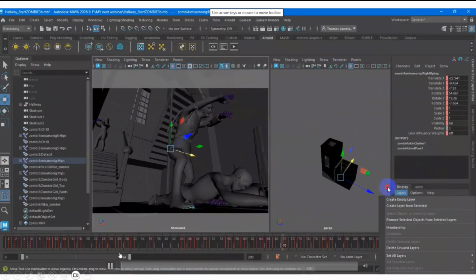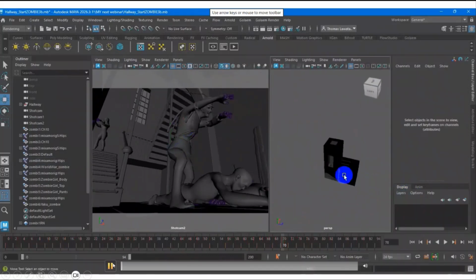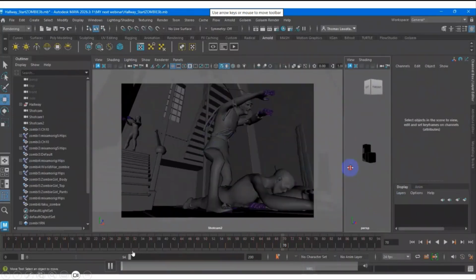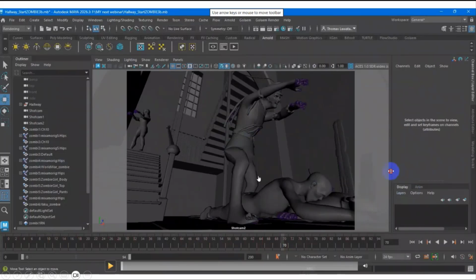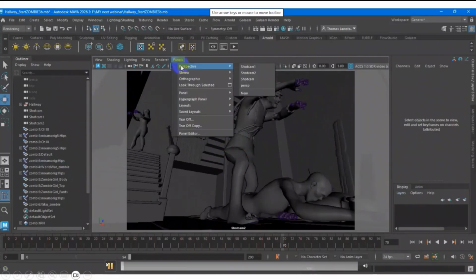So I try to divide my viewport into two viewports. So this is the global. Currently we have a shot cam, which I created from the current camera. I want the angle from bottom to top, so I'm trying to create some focus on this zombie and all this environment also. That's why I put my camera position from the bottom to the top. So in this step, the first step, I try to put in the lighting.